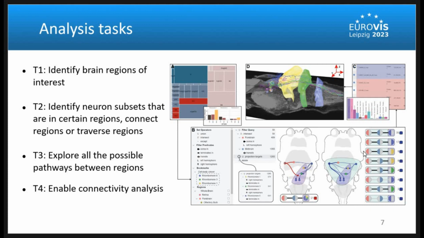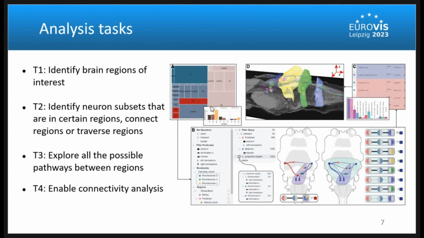These goals are reflected in the following tasks and the tool components. Here I will explain each task and its mapping on the tool components. Each component will be discussed in detail in the subsequent slides. The region finder, as shown in figure A, can be used to identify brain regions of interest in terms of their functional information. The component consists of several subcomponents, including a hierarchical tree map and bar chart views. The hierarchical tree map provides an overview of how the neural populations are spatially distributed